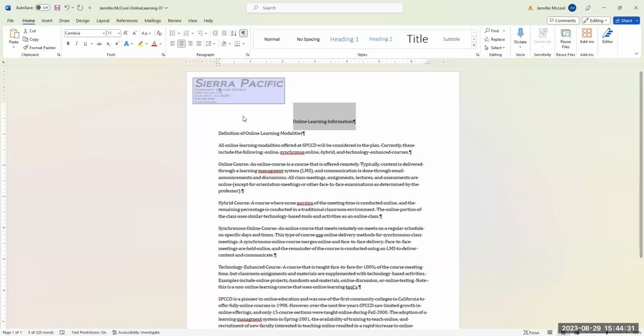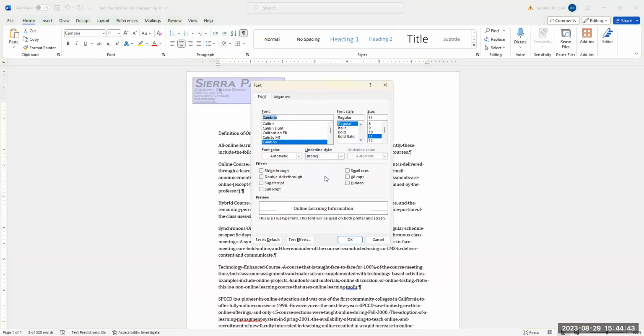Step 6E, we're going to click the font launcher. We're going to go to the Home tab, which we are there. We're going to go to the font group. And in the font dialog box, they want us to get this little extra box where we get extra choices. We open that, and they want us to change the font style to bold and the font size to 24. Now we could have done that in this area right here. We could have changed this to 24 and we could have hit bold,